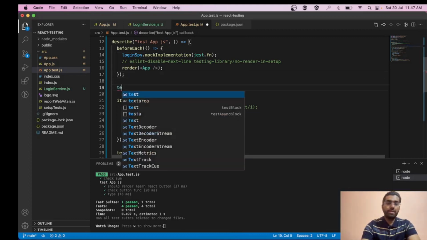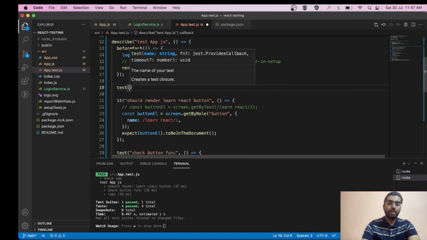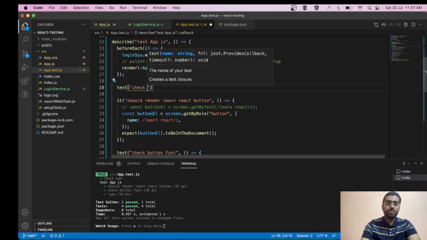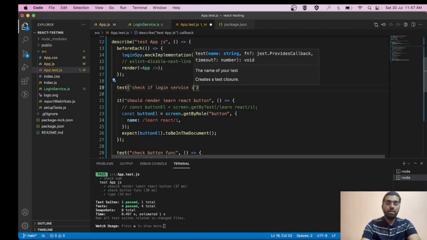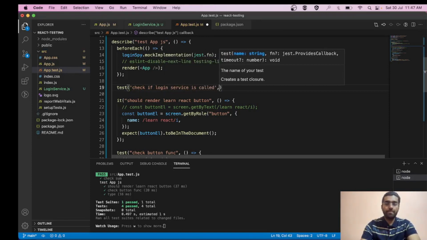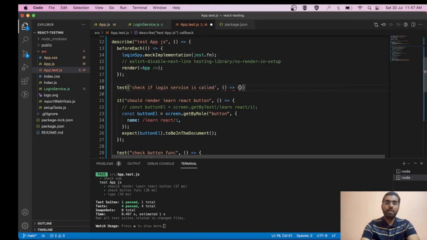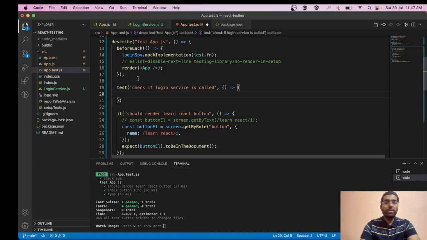Now let's do it over here only. Let's test: we are checking if the login service is called. So how are we going to check it?